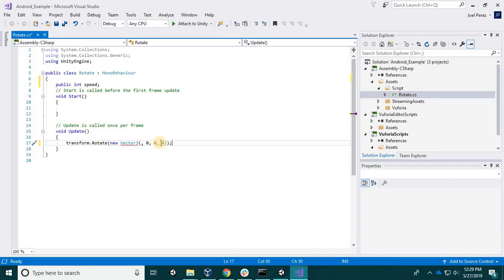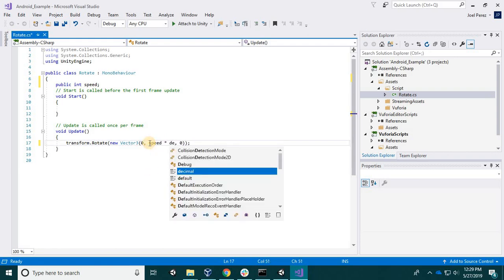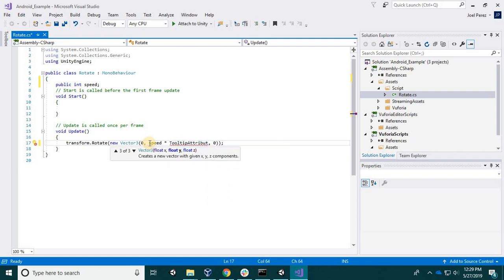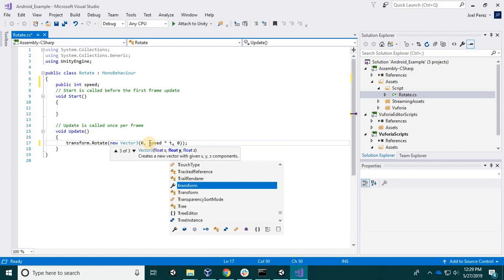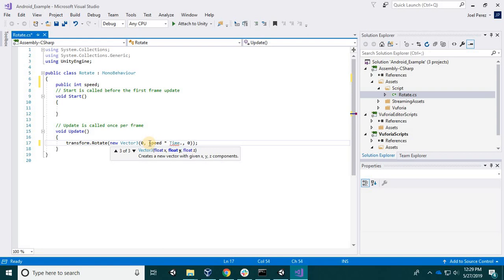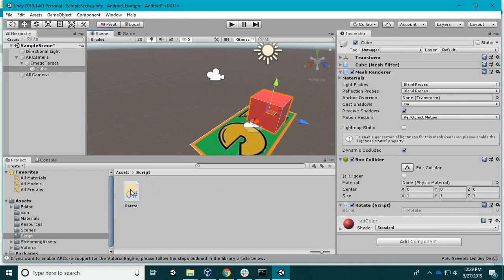So let's do the y. And x, y. So oops, let's get rid of that comma. I'm going to do speed times Time dot deltaTime. Okay, save that. Close it. And between 25 to 30 for me has been where I've gotten,